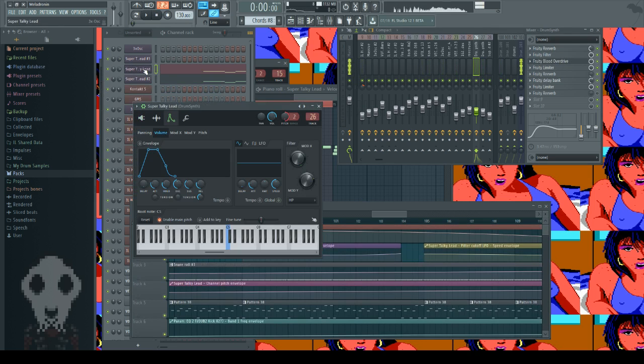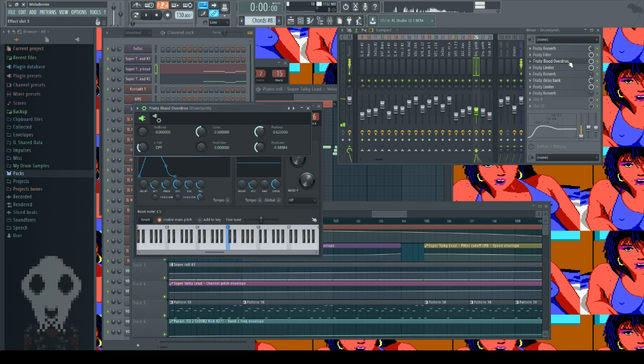Here is where the magic starts to happen. I have Blood Overdrive on here. I don't have a lot of it, but I have enough. You don't have to use Blood Overdrive. You can use any kind of distortion plugin. Wave shaping would probably be a good distortion plugin to use on here, like the Fruity Wave Shaper. But if I take this off... Now if I put it back on,